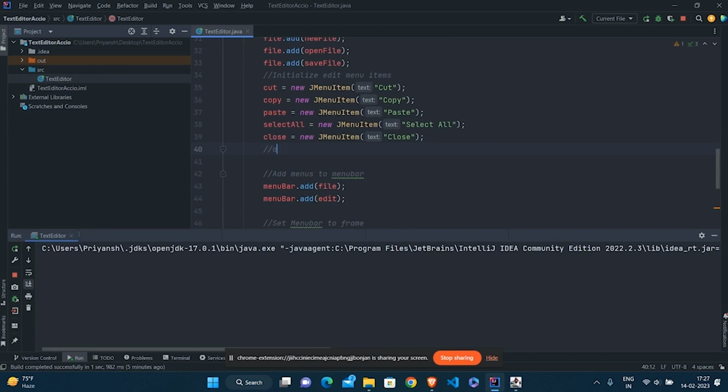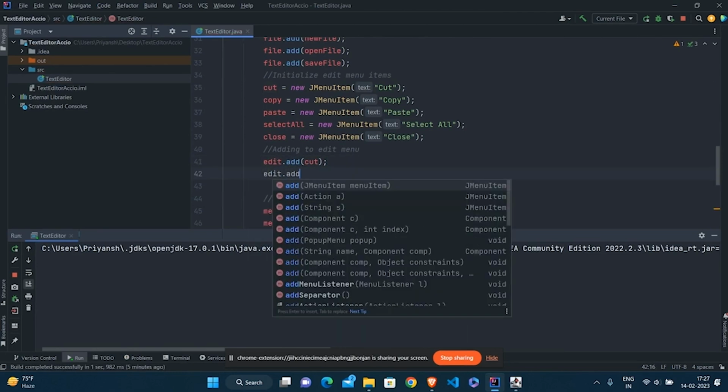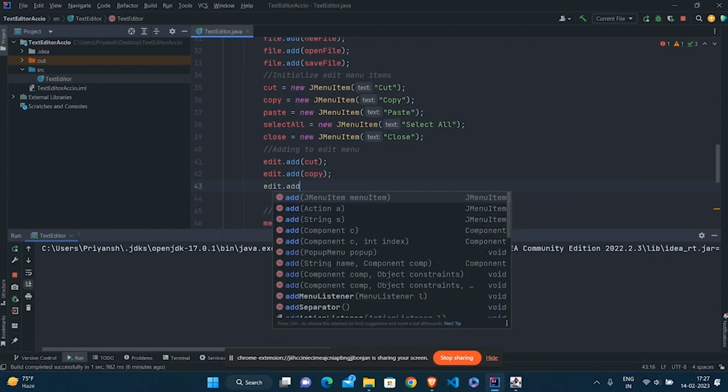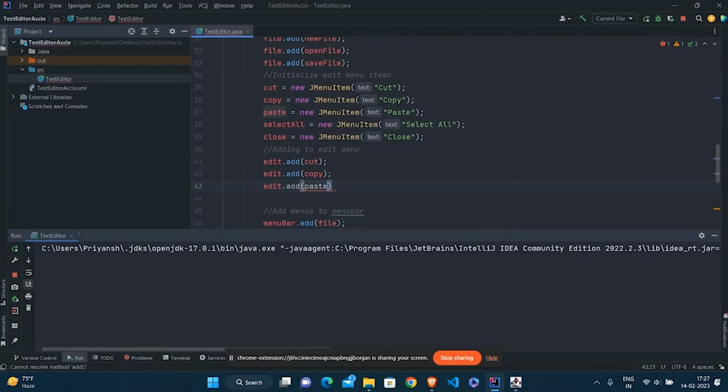So, adding to the edit menu. edit.add(cut), edit.add(copy), edit.add(paste), edit.add(selectAll), edit.add(close).